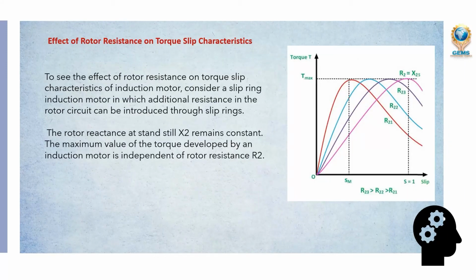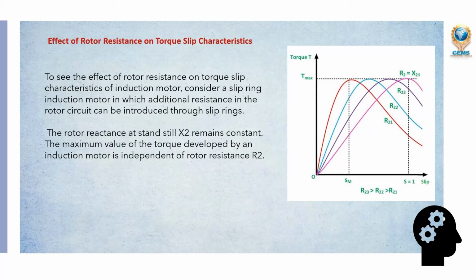Now we will see the effect of rotor resistance on the torque slip characteristics. This is the torque and slip curve; the same way we saw before, it goes up like this and then comes down like that. Now we will see the effect of rotor resistance. Actually, only in the slip ring induction motor do we use rotor resistance; additionally we connect an external resistance. In the squirrel cage motor we will not connect it. So in the slip ring motor,